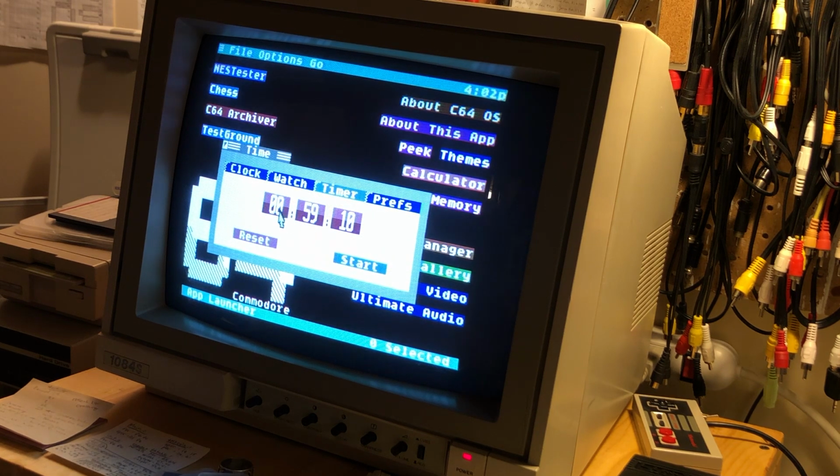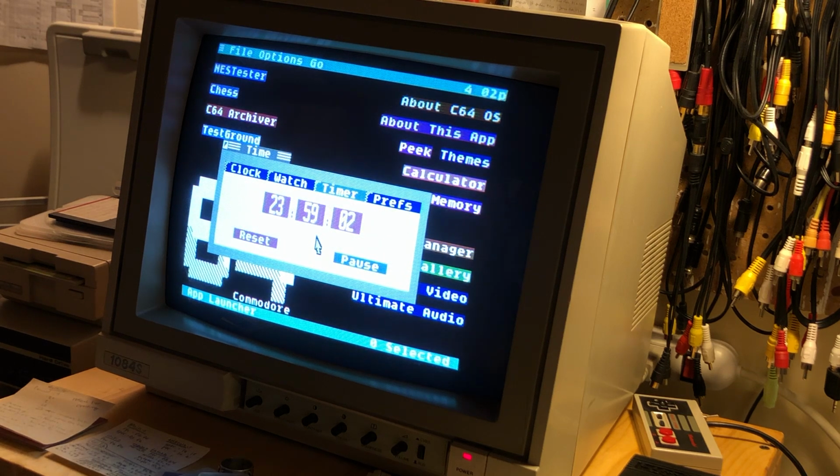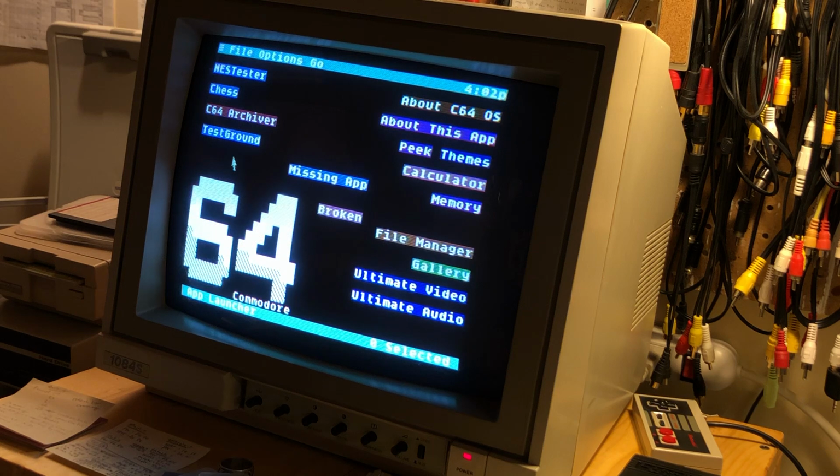Similarly, let's just flick this to, say, 23:59:10. We can see that this is still counting. And we come back here, and we see that this is going to roll over. So that's kind of cool. This is still counting. So now, if we close this, and we double-click here again to open it back up,